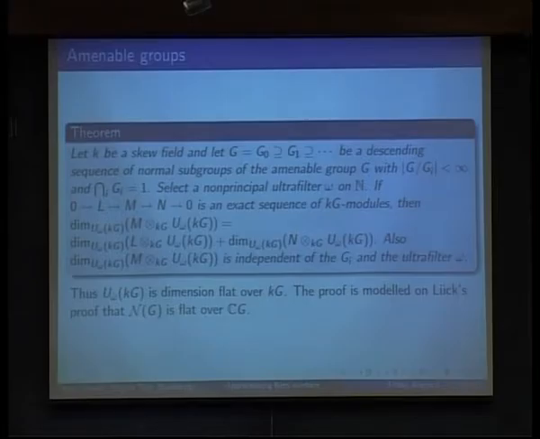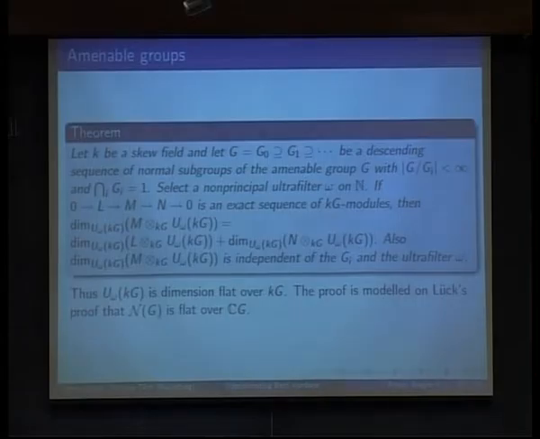So let K be a skew field and let G = G0 ⊇ G1 ⊇ ... be a descending sequence of normal subgroups intersecting in the identity such that the quotients are finite. And select a non-principal ultrafilter omega on the positive integers. Then if you have an exact sequence of KG modules,